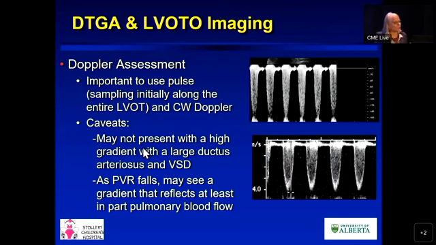Doppler assessment in this context, you always have to be a bit cautious. It's important, and we'll use pulse sampling all the way along the LV outflow and CW Doppler. But you may not have a big gradient when there's a large duct and high PVR and VSD, so you have to watch. But as the PVR falls, you may see a gradient that doesn't necessarily just reflect obstruction, because, of course, that's where pulmonary blood flow is going. And if you have VSD, you've got increased flow that may actually give you a higher gradient than really exists